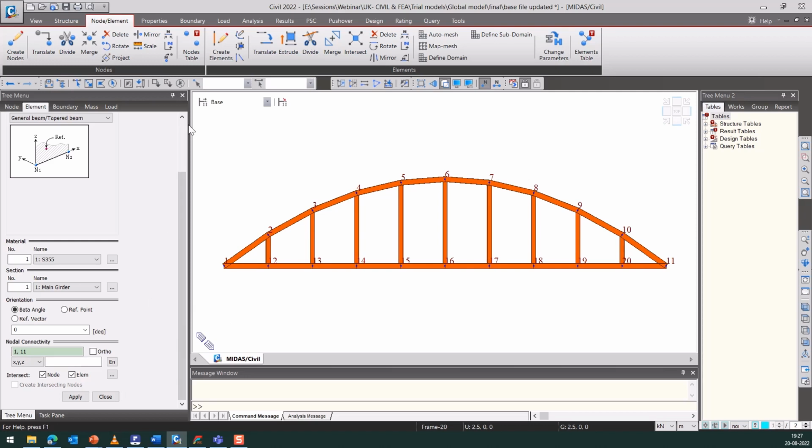Now I'll create the diagonals. We can create the diagonals manually, or we can do it for half the structure and mirror it for the remaining structure. So I'll do that. I'll first select the section as diagonals and manually create for half the structure. So for this here,